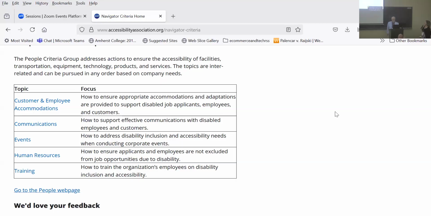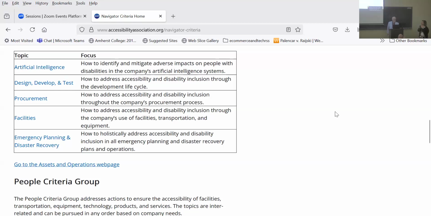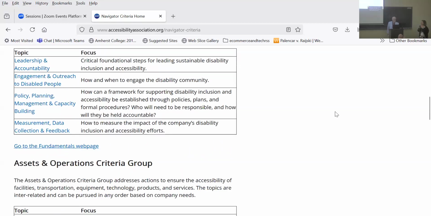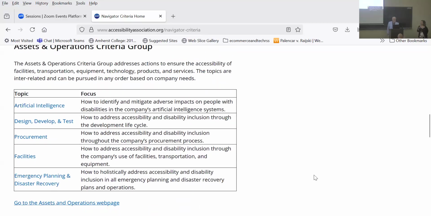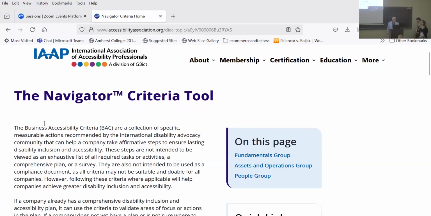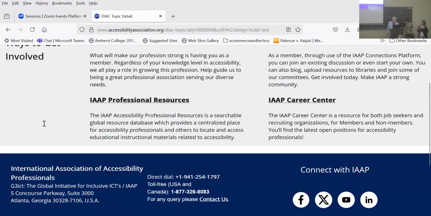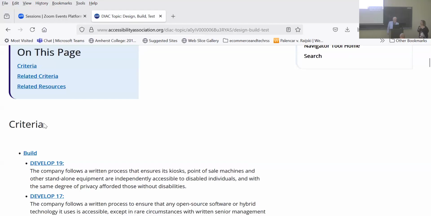So Dan, I'm wondering if we can take a look maybe at one of the categories, and you can walk us through it. Let's see. How about design, develop, and test, which we would find under tools and assets. So why don't we take a look at the 14 categories first?